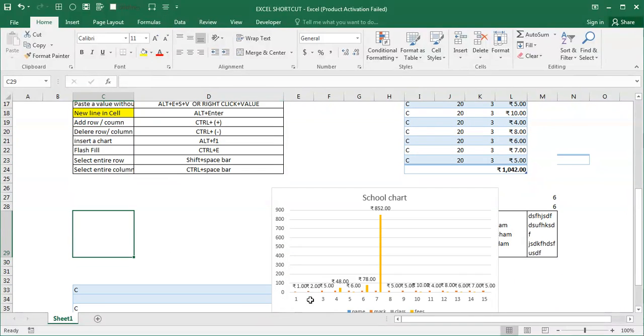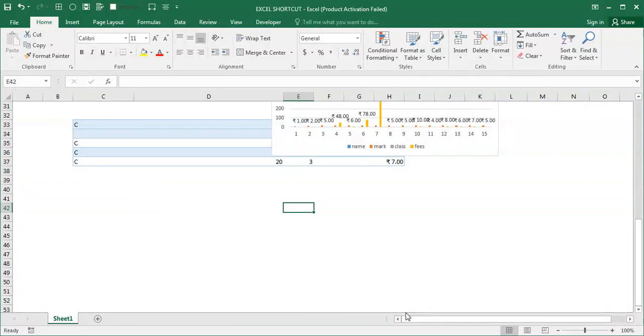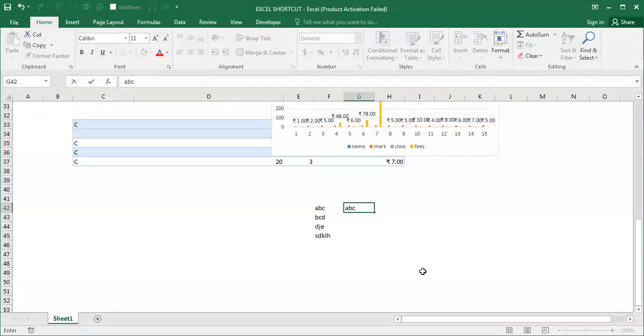Flash fill, what is flash fill? Suppose, I'll show here. ABC, one member name, BCD, example I am taking. I'll do here ABC at, I'll add the mail.